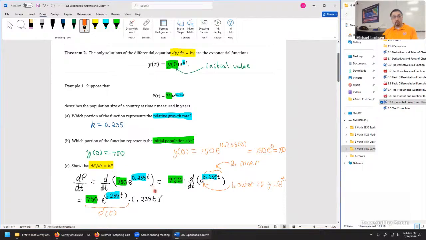We need to do one more derivative, but when we do that, t comes off, and we're left with the k value. This is all that's going to survive, highlighted here, when we differentiate t power 1. So on our next step, we can rewrite this as equals, I'll do this portion, the derivative. The last derivative remaining, that's just going to be a 0.235. But this whole entire piece, coming back to the top, is p of t. Next, 0.235, that was just k. So this turns into k times,